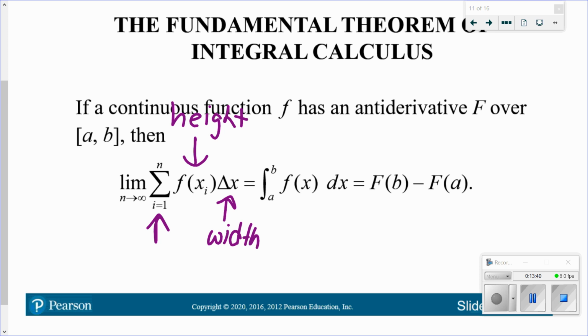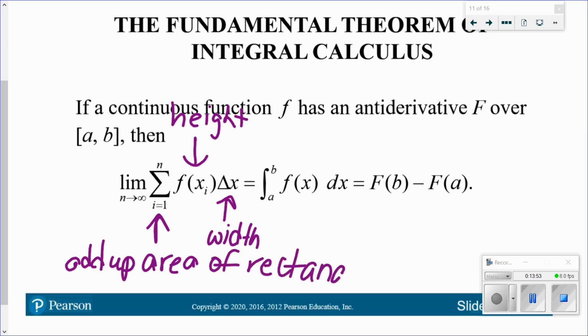So all this is saying is add up areas of rectangles. And if we add up an infinite number of rectangles, which is what this limit is about,